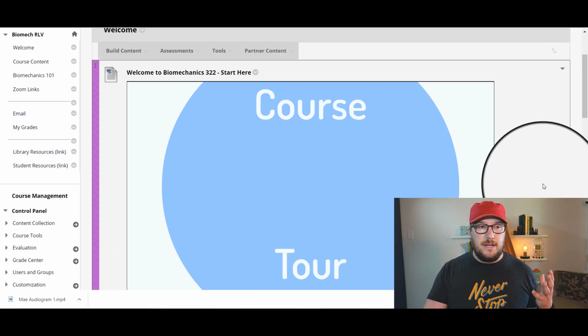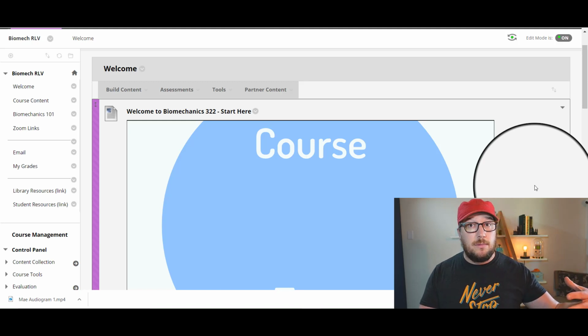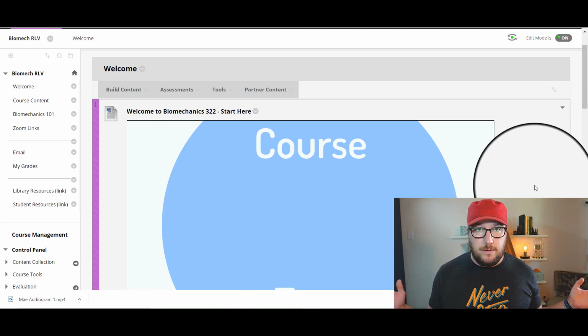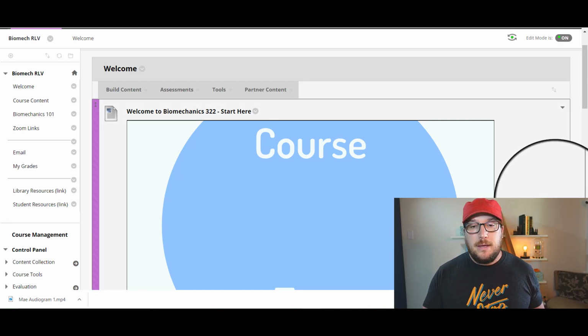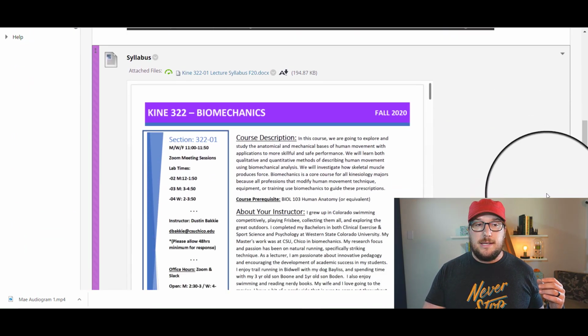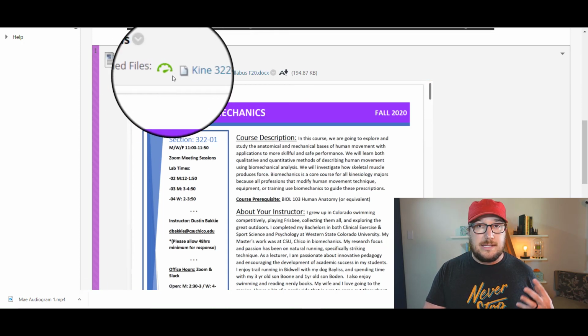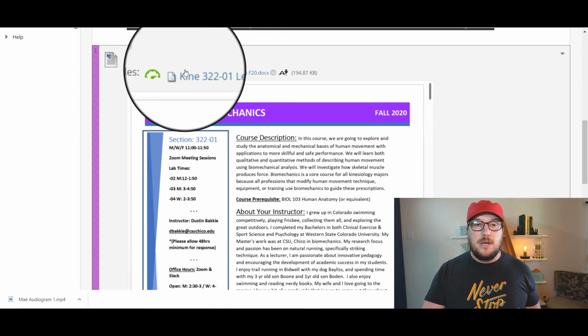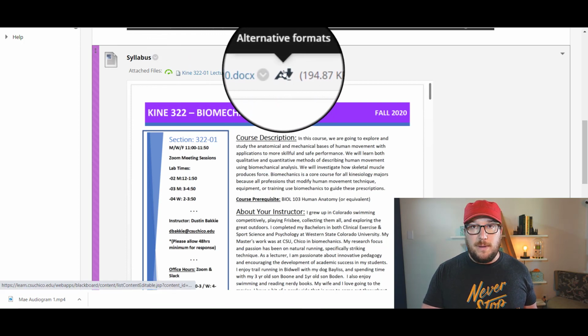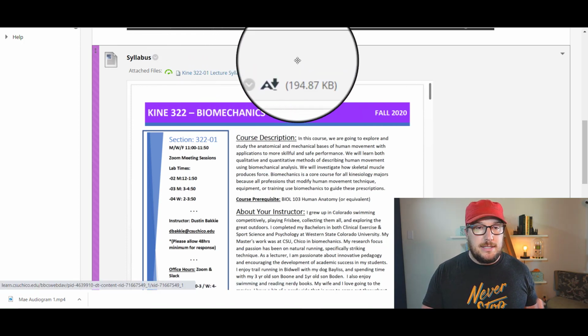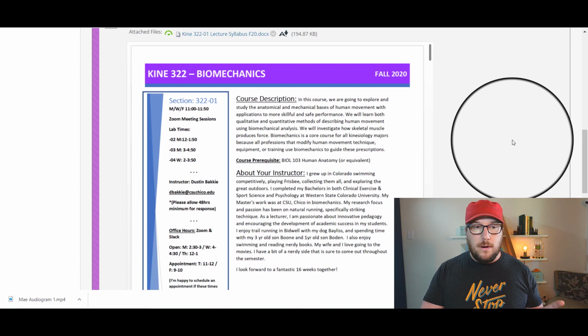So the next thing I have here on the welcome page, right? We're still in the welcome page, and there's a wealth of resources right away. The next thing that I have down here is my syllabus. So you can download it, and this nice green arrow says it's nice and accessible for my students. And we have alternative formats that they can use right here, but they can download the file, or this is